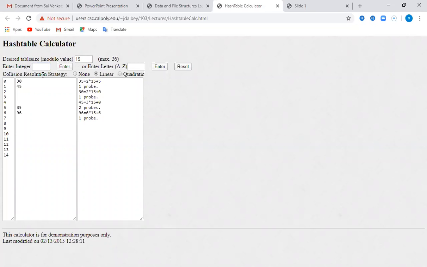Somebody tell one more number. 79. 79 modulo 15, remainder 4. Okay.